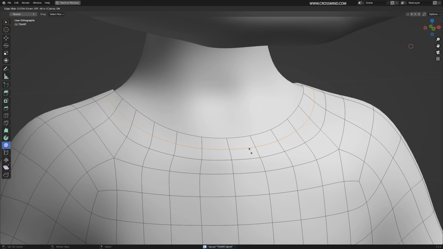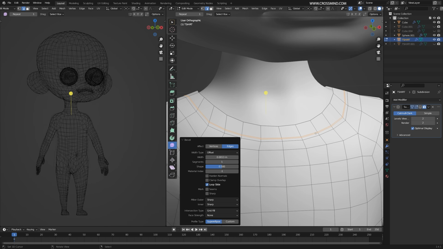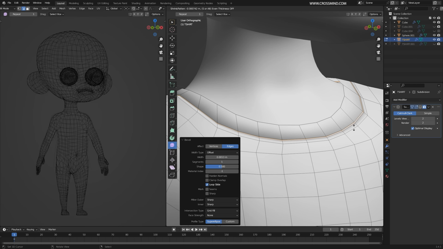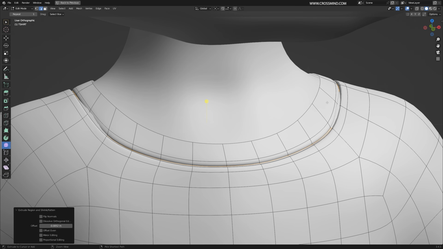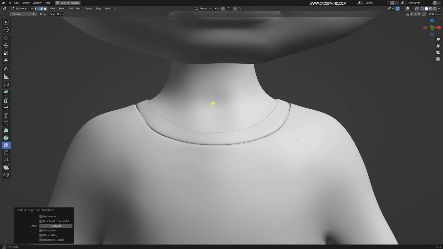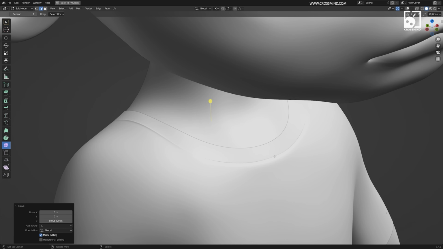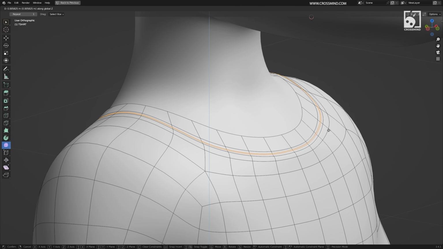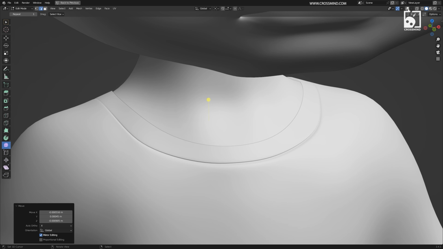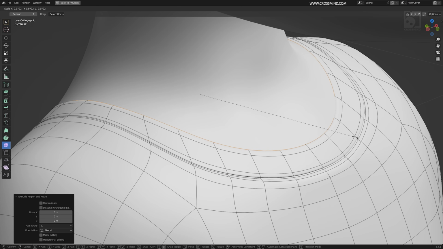All right, Control R, add loop, Control B, add bevel, and Alt E, extrude along normals. This should create a separation for the seam. Now let's see if this is better than before. There's too much gap. I'm just going to slide the entire edge loop and try to reduce this a bit. Just trying to keep it subtle. Yeah, looks fine. And for the border, I'm going to select this, extrude it, scale it down, push it down a little,